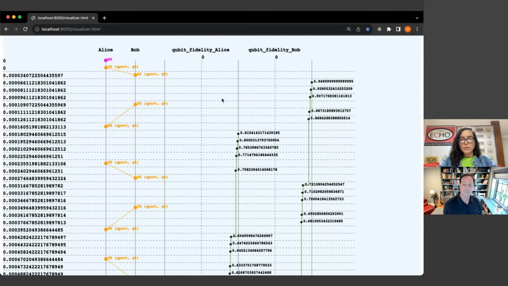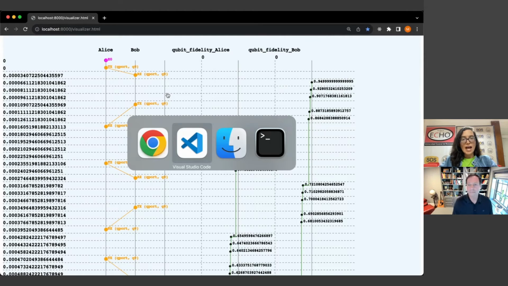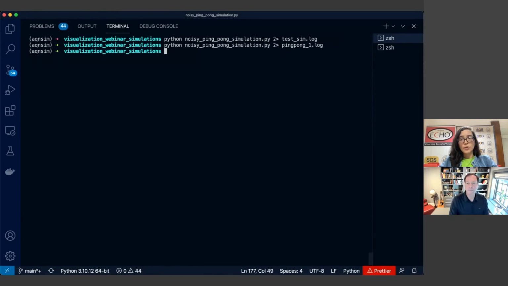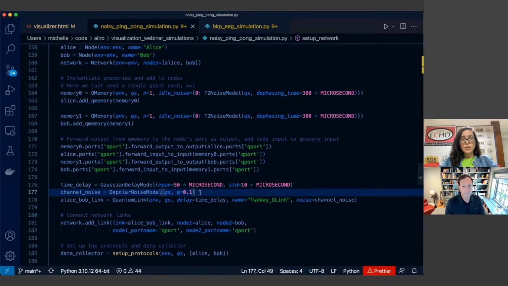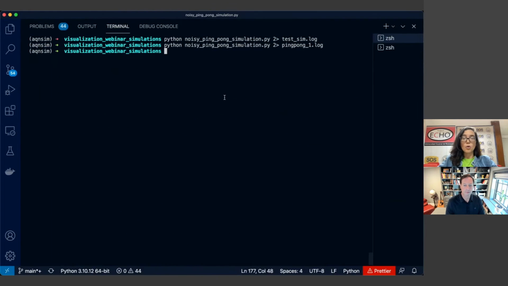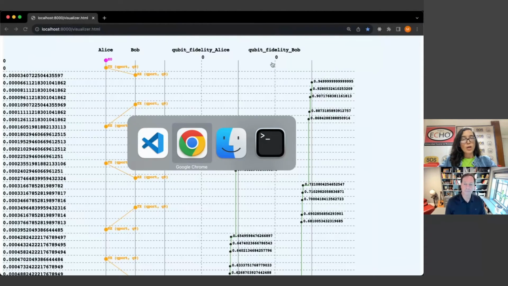Yes, for sure. Let's go ahead and do that and see how our network performs after inputting these new configuration parameters. So let's say that after the repair, the new probability for experiencing noise in the channel has lowered from 10% to 1%. So let's run this simulation again and see if that actually helps us reach our goal. Let's run this, call it ping pong 2.log. Let's run the simulation and go back to our visualizer and see what we got.